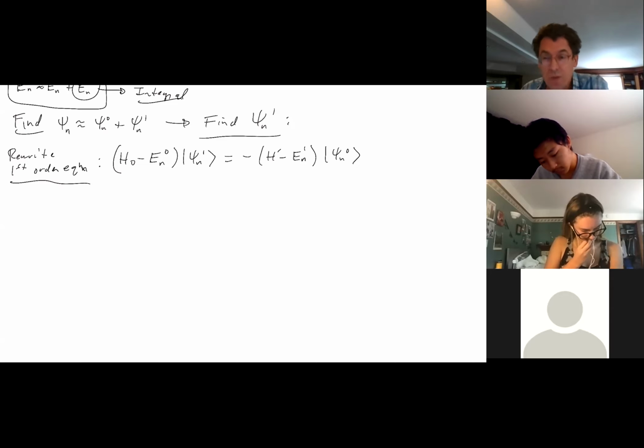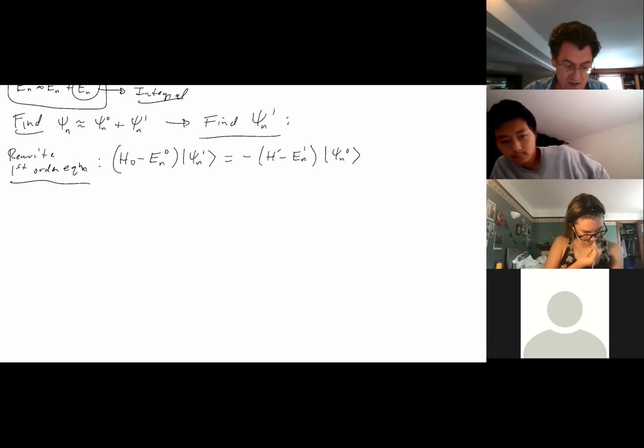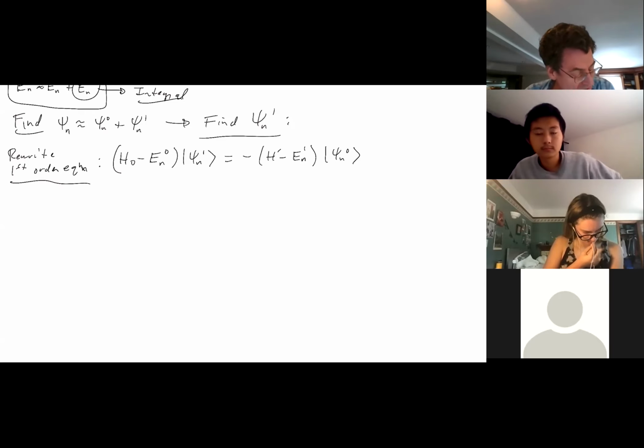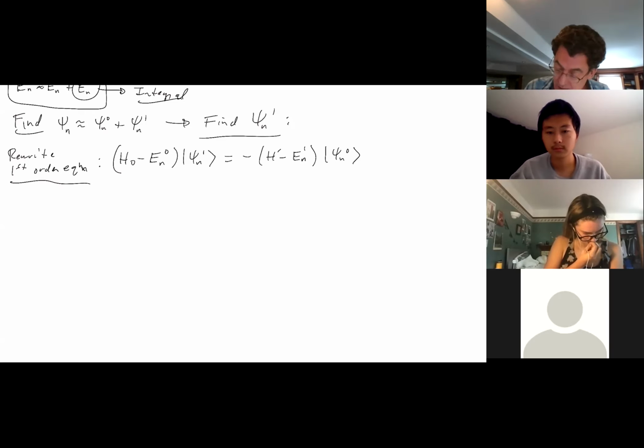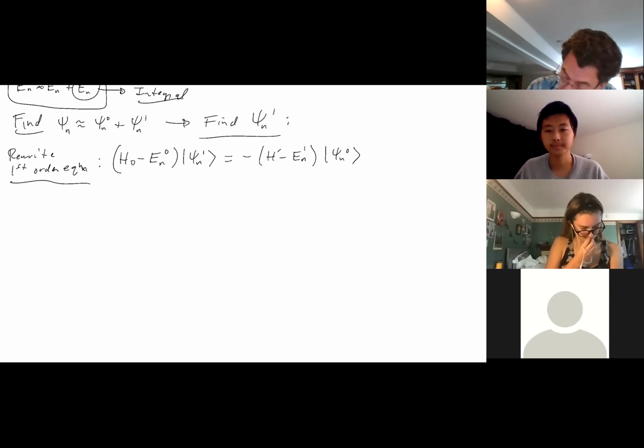Now, that might look a little weird. You've never seen that equation before, but it's not a hard equation. We can write it down, and it's not too hard. And so we're going to do a trick. Let's do a trick. So we know